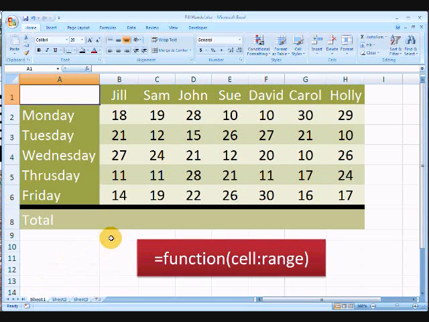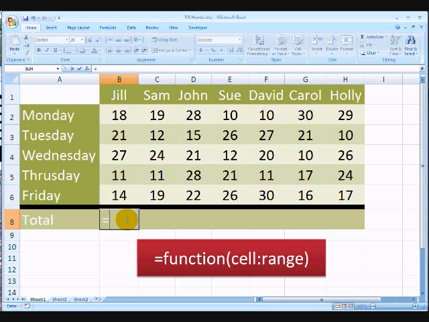That works just the same way with functions. In the last video we talked about functions and how you can use functions in your formula to easily select a range of cells rather than having to type in B2 plus B3 plus B4 plus B5 plus B6 plus B7 and so on and so on. You can easily put in my function. Always start a formula with equals. Then I need my function, and if you remember, I want to add all of these together to get a total, and when we add we want to find the sum of a number. So my function is SUM, then I have my parenthesis,